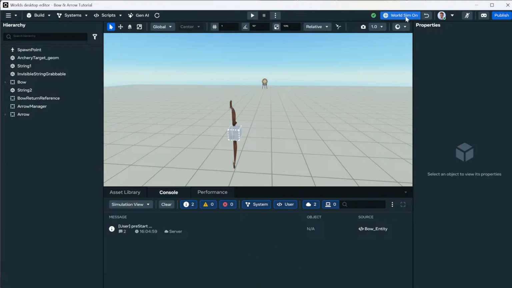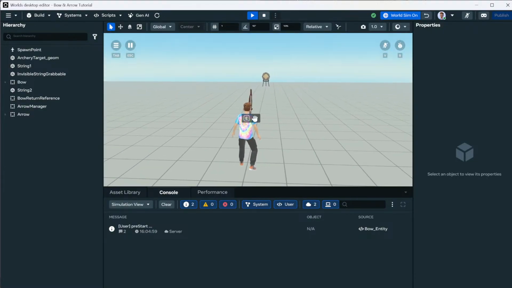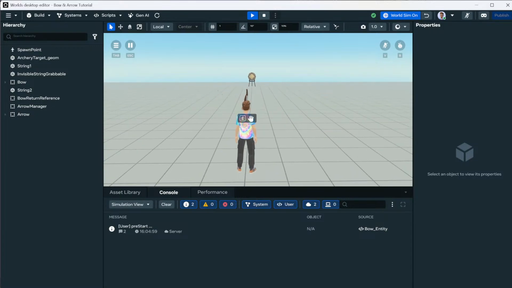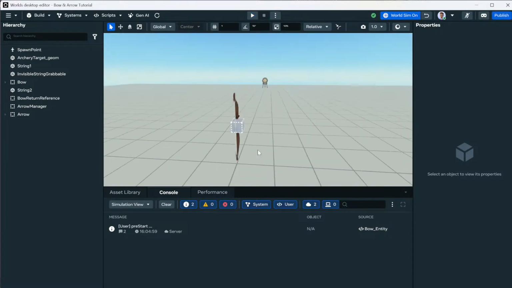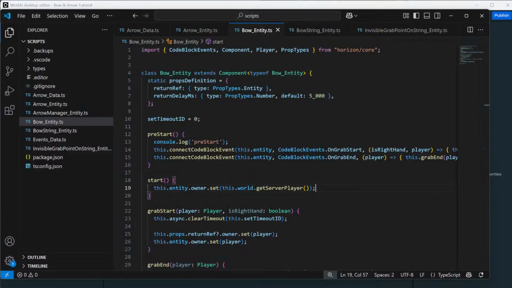World simulation on, there we go. And then we'll go ahead and click preview. And when I grab it, I expect it to transfer ownership again, and it doesn't. Run pre-start. No, not at all. I guess we could also test to see who the owner is. So let's start the world up again to transfer ownership back to the server, turn it off, go back in here. I'm going to turn this line of code off, and